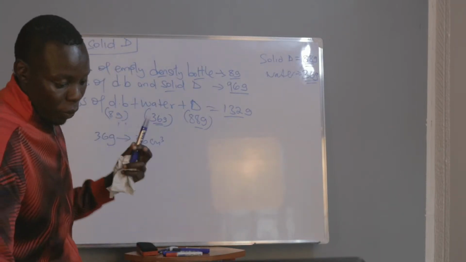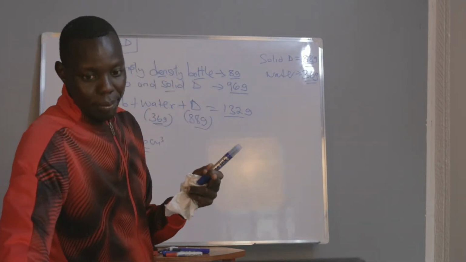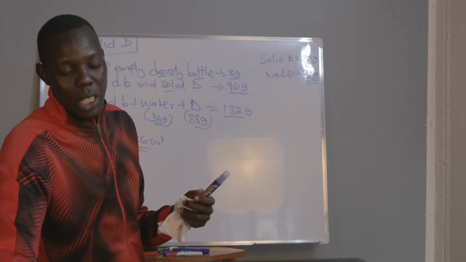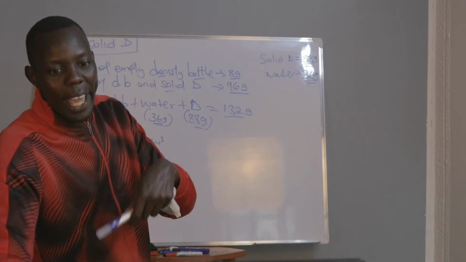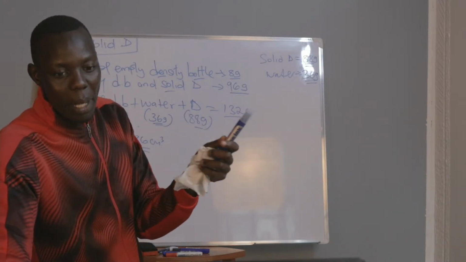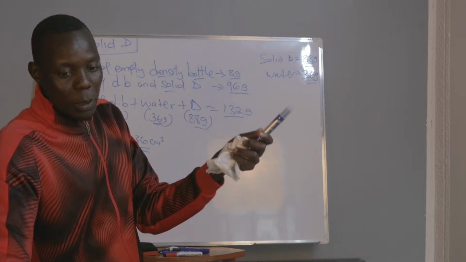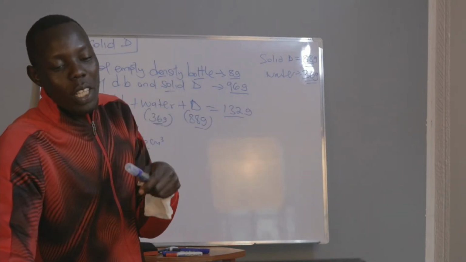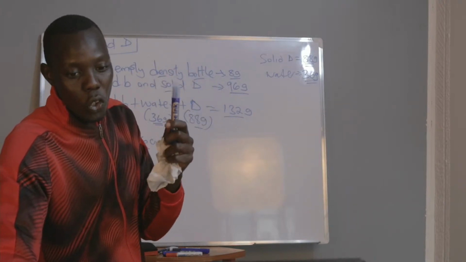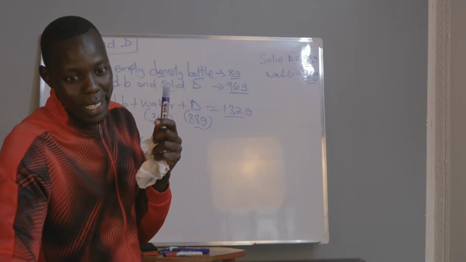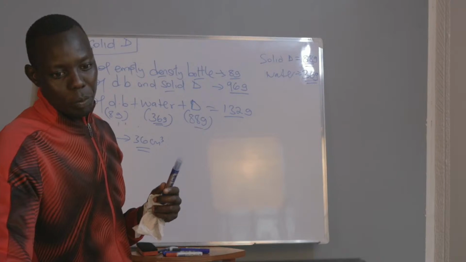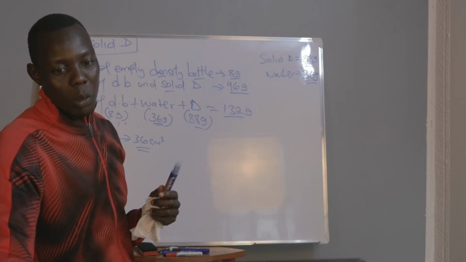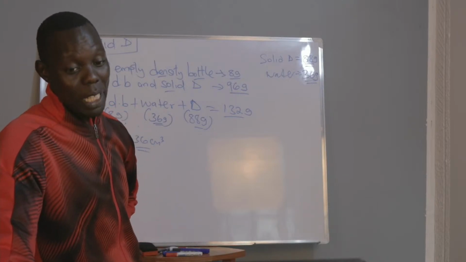Let's use the former information. Density bottle alone and water is 88 grams. So meaning, removing the 8 grams of the density bottle, then 80 grams is the volume of water that fills the density bottle, which is also the volume of the density bottle. I think I used a lot of values here, but no problem. The volume of the density bottle is 80 centimeters cubic.